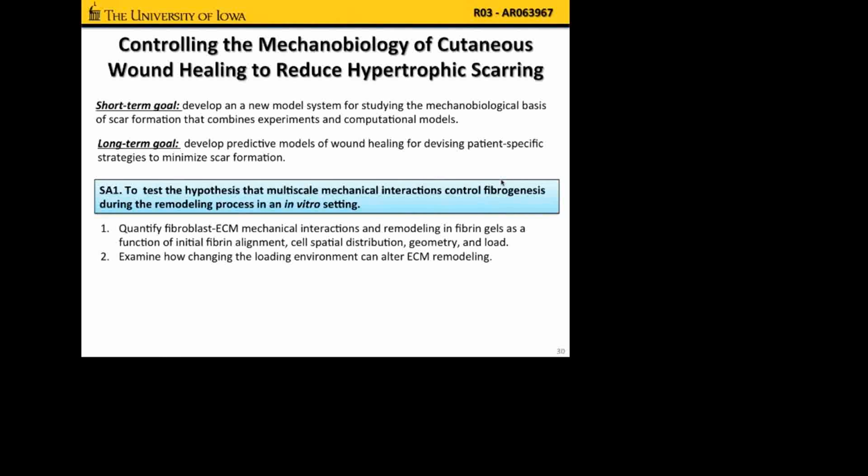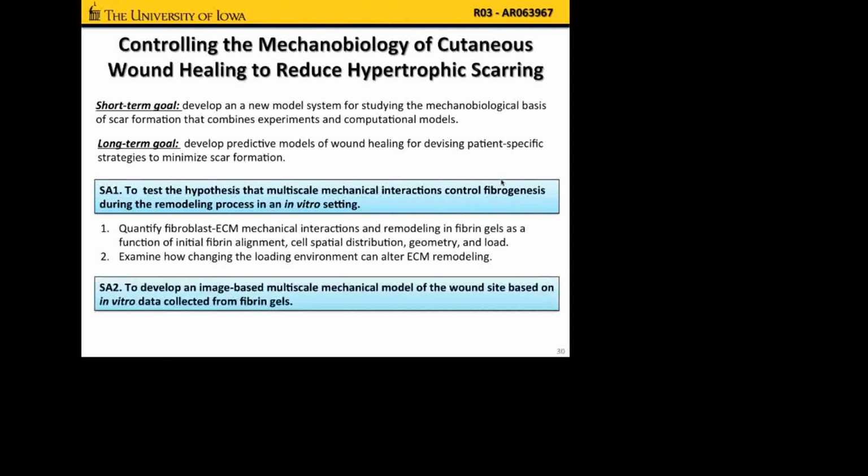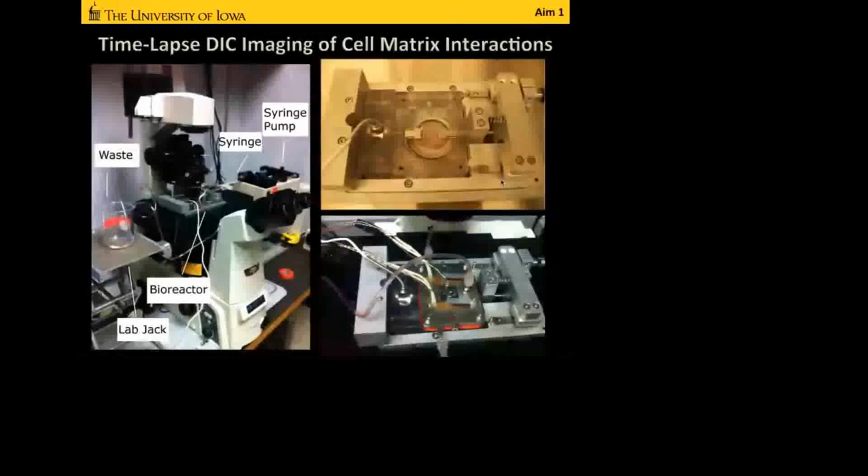That first aim can be thought of as the experimental side of things. The second aim then is to develop an image-based multiscale mechanical model of the wound site that's based on the in vitro data we're collecting from these fibrin gels. And so to give you a sense of what we're doing experimentally, this is showing in the lab what we're